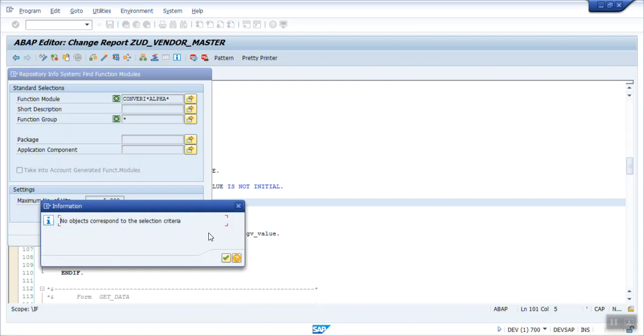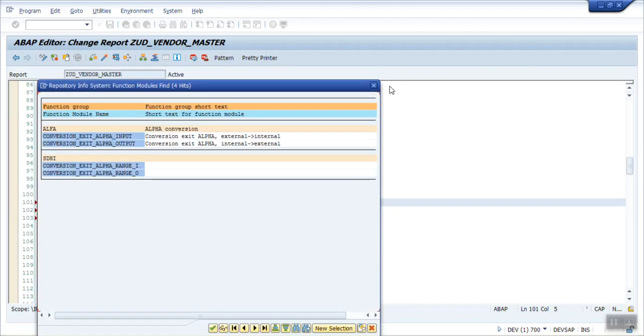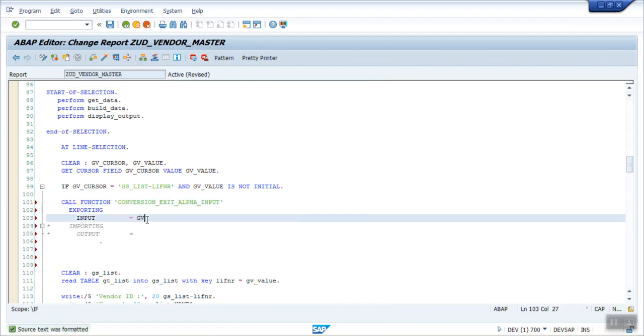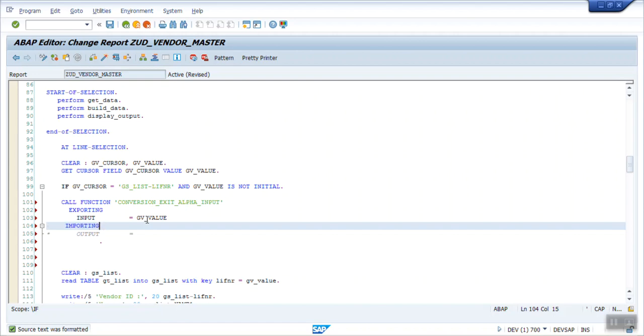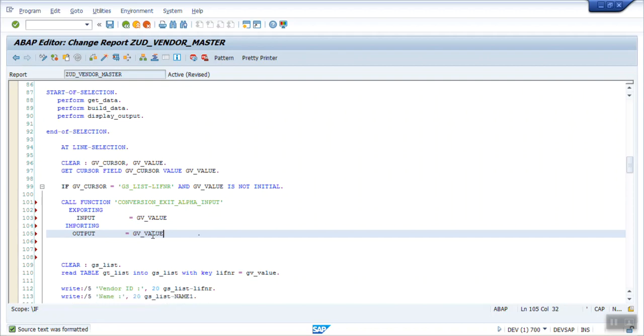There will be two function modules. We have to go with this CONVERSION_EXIT_ALPHA_INPUT. If you use the alpha input, it will add the leading zeros. Here give the field, that is gv_value, and in the output we will get the value with the added leading zeros.